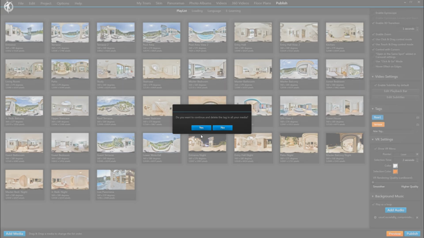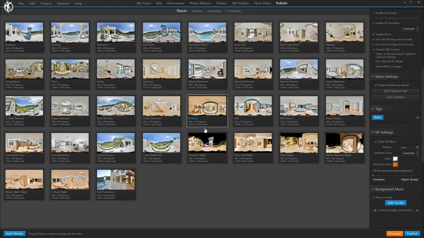But let's delete this tag again, and as you can see, the program asks us to confirm, and when deleting the tag, it obviously also does not apply to our 5 panoramas anymore. So these are the two general approaches to creating tags and working with them, and you may think it's cleaner to first create all of your tags here in the Publish tab and then assign them to the media afterwards.